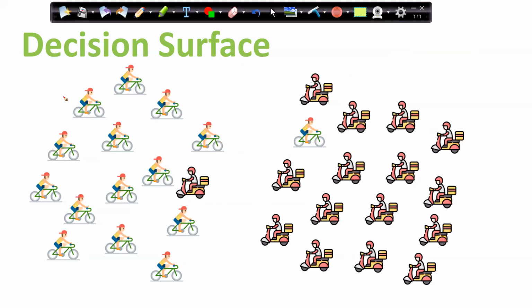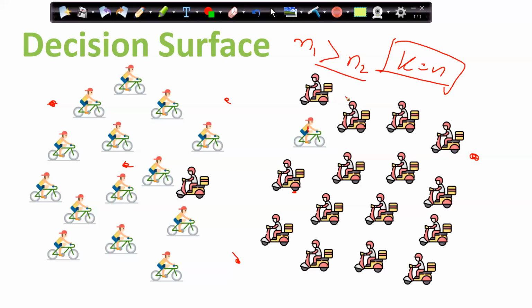Always, if a new guy comes here, he will also be classified as scooter. If a new guy comes here, he will always be classified as scooter. Here also, scooter. Everywhere scooter. Because my k is nothing but n, the total number of records. In those records, n1, which is scooter, is greater than n2, which is bicycle.